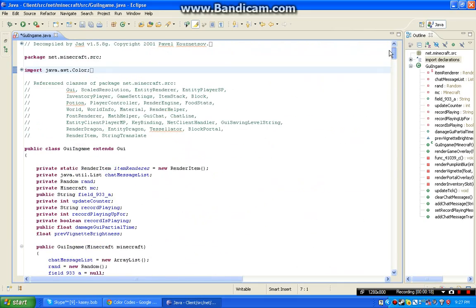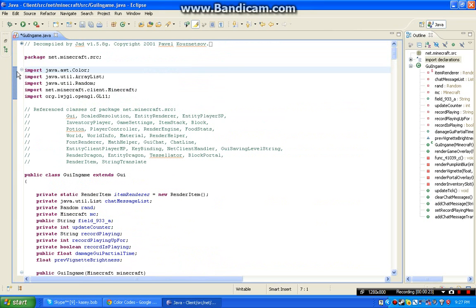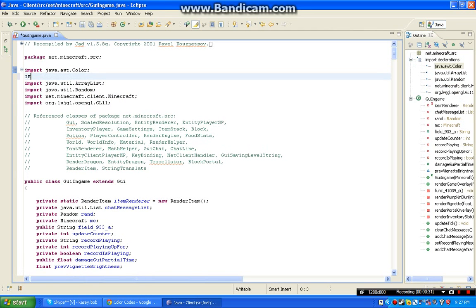So what you have to do first is import a new thing. You'll see this import line, and it'll have a plus next to it. You click the plus, and then all of these things will pop down. Now you press enter and put import